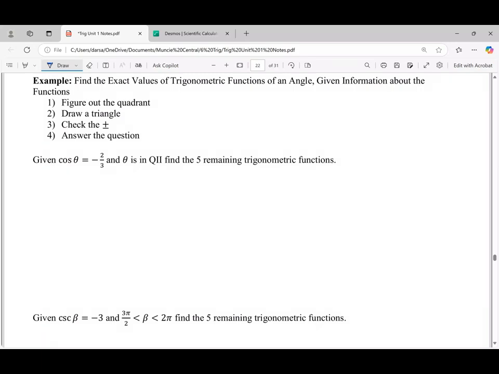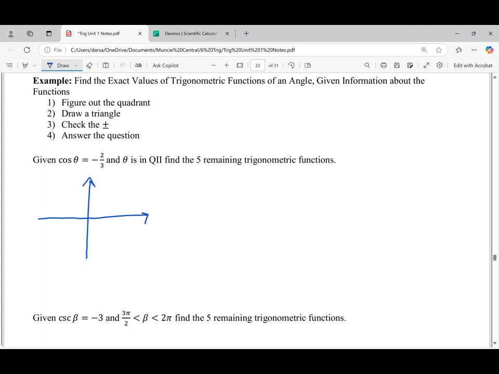In this problem, we are given that cosine is -2/3, and they are telling us the exact quadrant that this lies in, and we must find the 5 remaining trigonometric functions. So, what do we know about our angle theta? We know it is in quadrant 2, and when we do a problem like this, there's always going to be